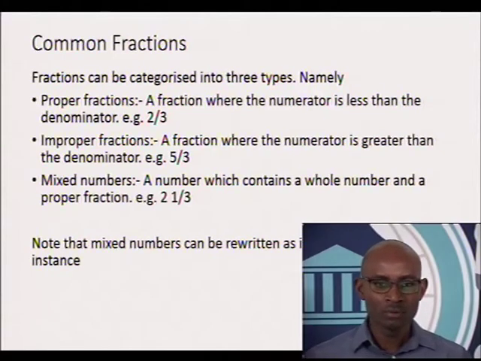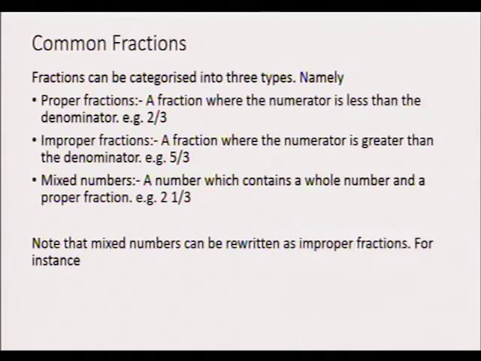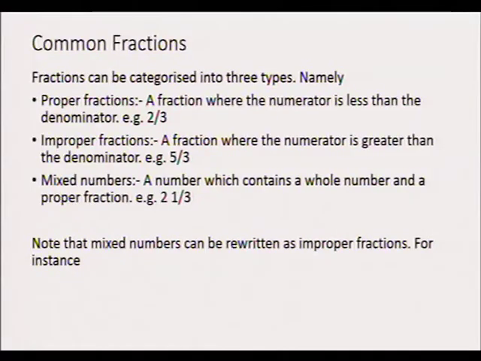Now, the relationship between improper fractions and mixed numbers is that one can go from one to the other. You can rewrite an improper fraction as a mixed number, and vice versa. You can rewrite a mixed number as an improper fraction. For example, the mixed number that we have up there, 2 and a third, can be rewritten as an improper fraction by